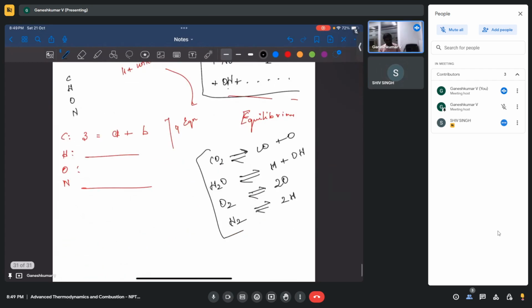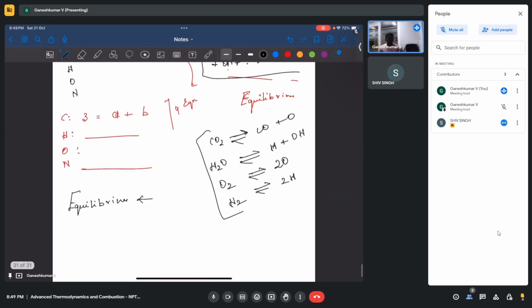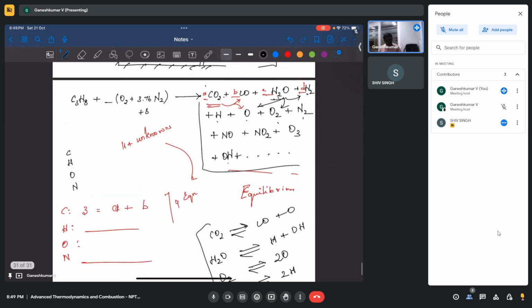And all this composition assumes it will be in equilibrium, but in reality you will never reach equilibrium. Let's say in a CI engine, combustion happens only for one stroke, like a millisecond. Equilibrium will not be reached in a millisecond, right? Equilibrium can even take years to reach, right? So if you consider equilibrium, this is still an ideal case. You need to undergo something called equilibrium analysis, in which you can calculate all these product compositions,